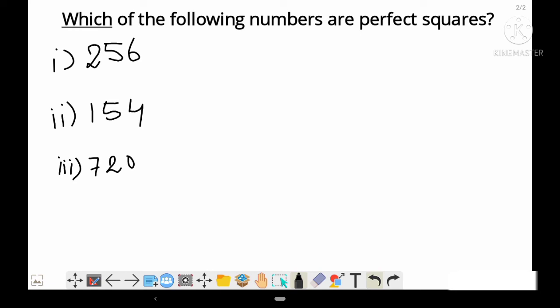So the first thing which we are going to deal with is which of the following numbers are perfect squares. Students, now tell me what are perfect squares. So the number which gives you this